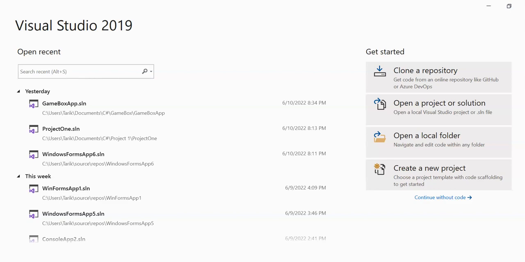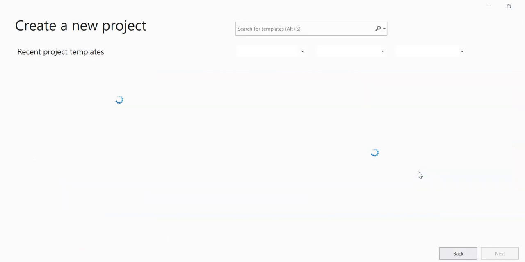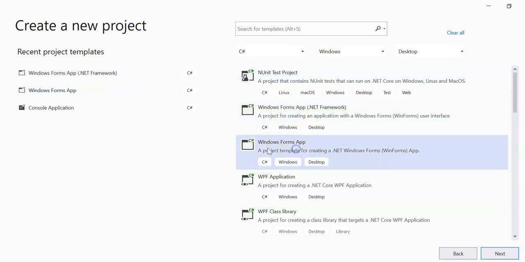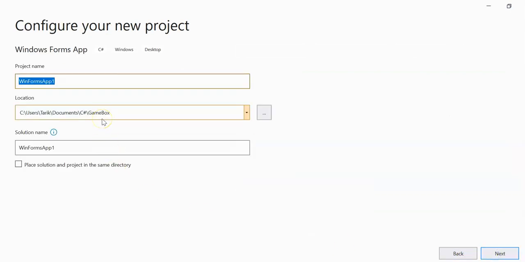Hello everyone. In this video, we are going to do another small project called Gaming Box. So I'm gonna create a new project, and I'm gonna use Windows Form apps, C# Windows Desktop. So we're gonna have a Windows Form app. Next, I'm gonna call it, for example, my game